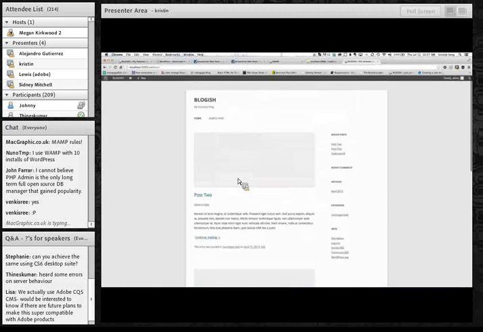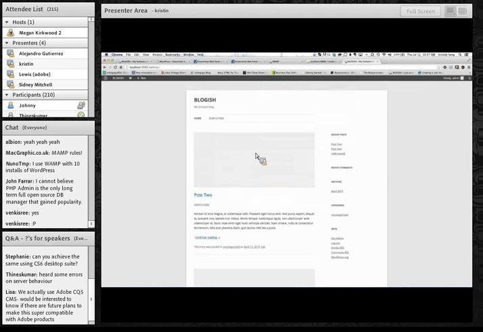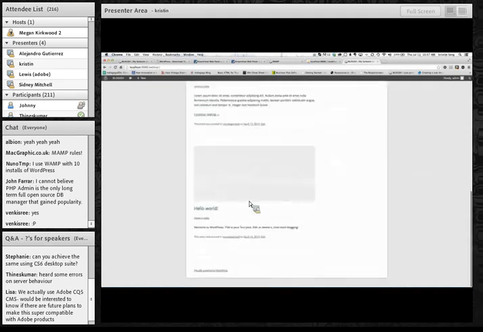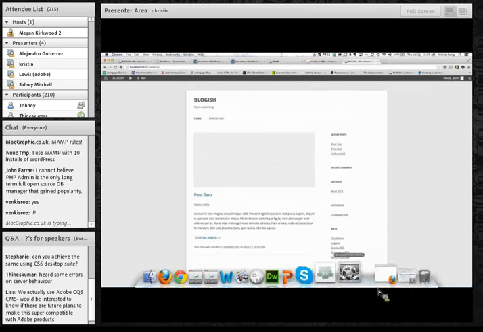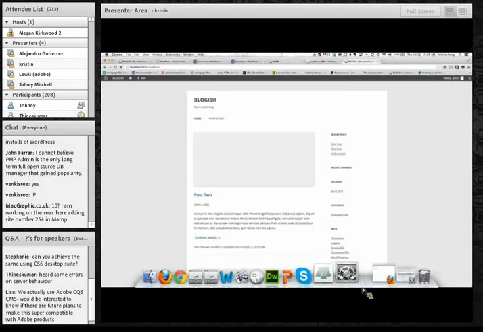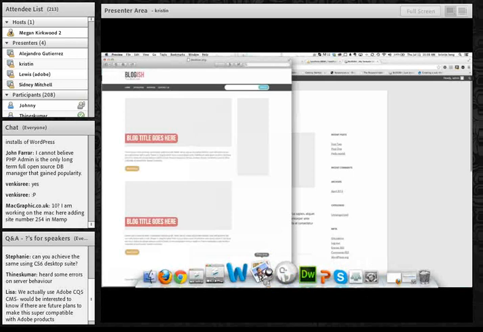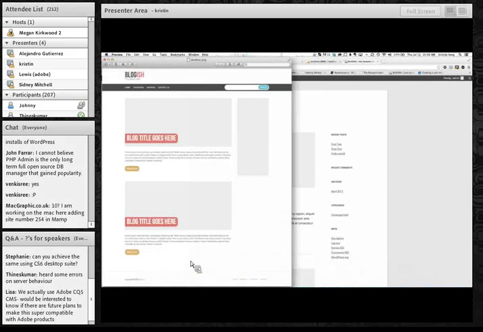a few blog posts. So I added post 1 and post 2, and I added some featured images, just some gray boxes in WordPress so that we would have something resembling a blog type layout. What we're going to do for the demo is we're going to begin to theme that default WordPress installation with this look and feel. And we're going to do that while working in what feels like a browser interface in